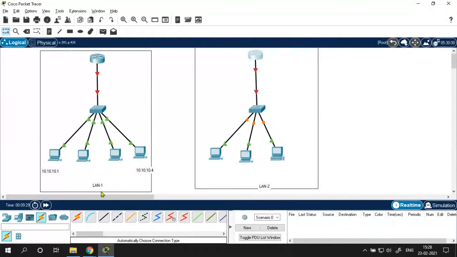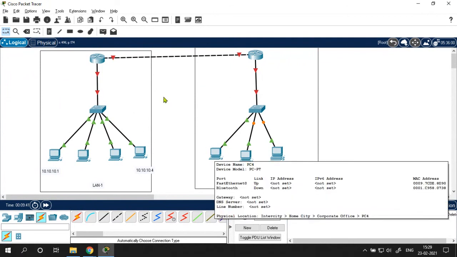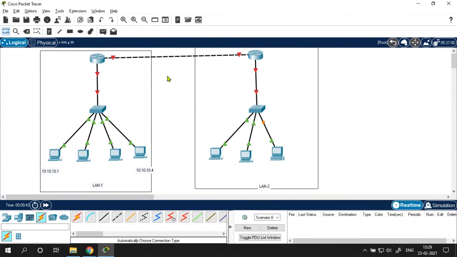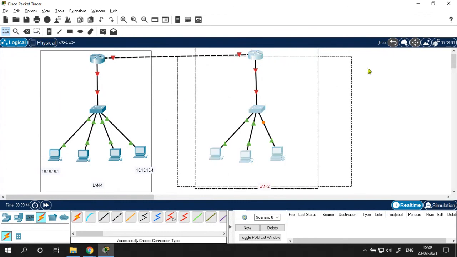The only requirement is that we have to set up router 1 to router 2. So let's see which cable it is. It is a crossover cable. But it will not work. On this PC, I have to configure the IP address, but that IP address is not configured, and the time is up now. So we will learn this in our next session.